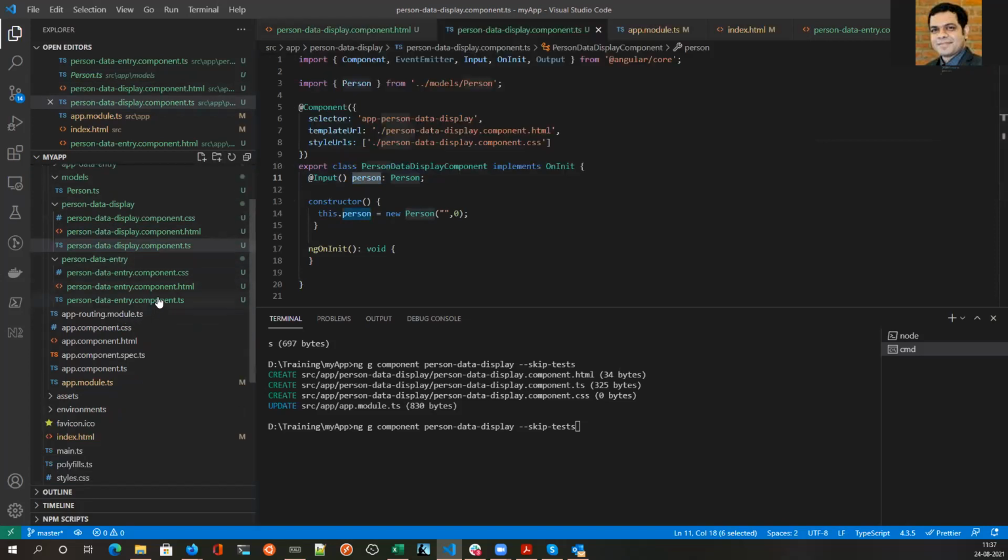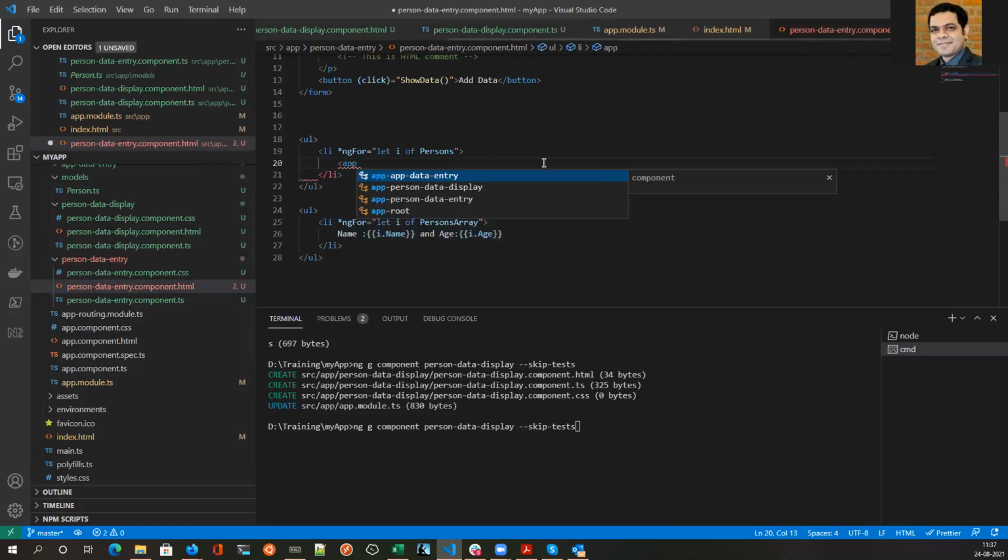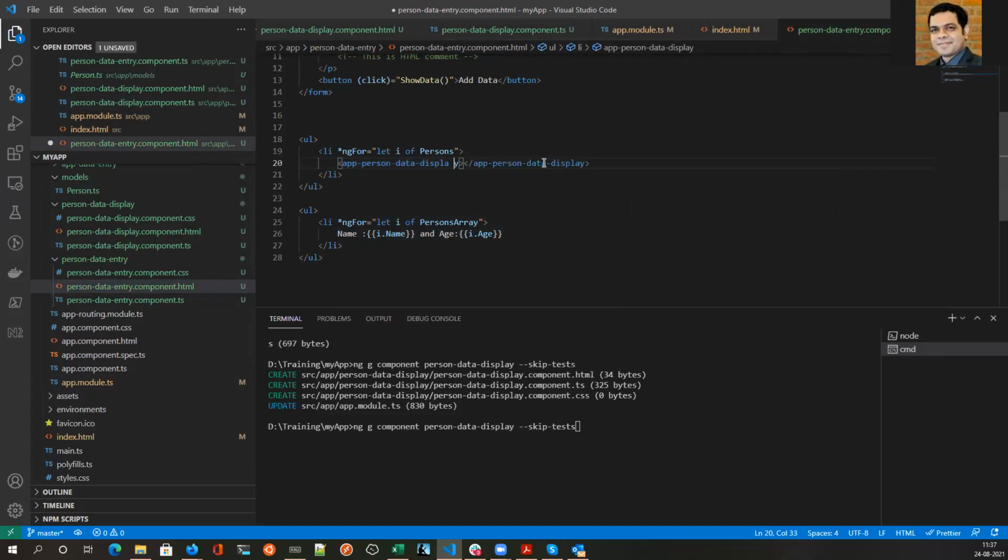And then in the HTML over here, you can put the element like this.